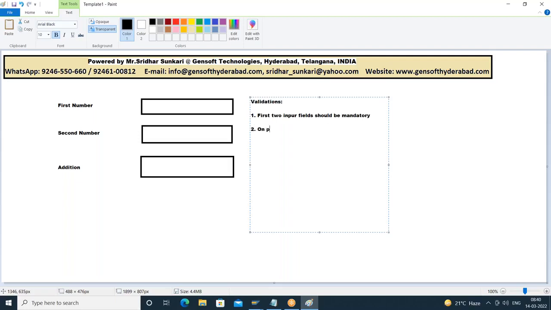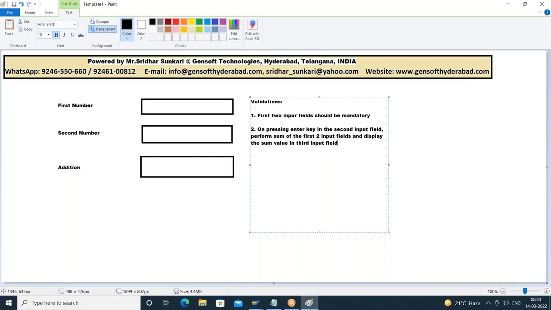Then on pressing the enter key in the second input field, perform the sum of the first two input fields and display the result, display the sum value in the third input field. Okay, so far what you have done is we are either clicking on the execute button